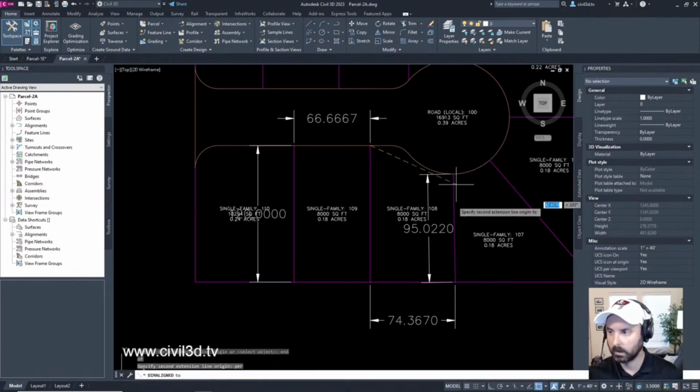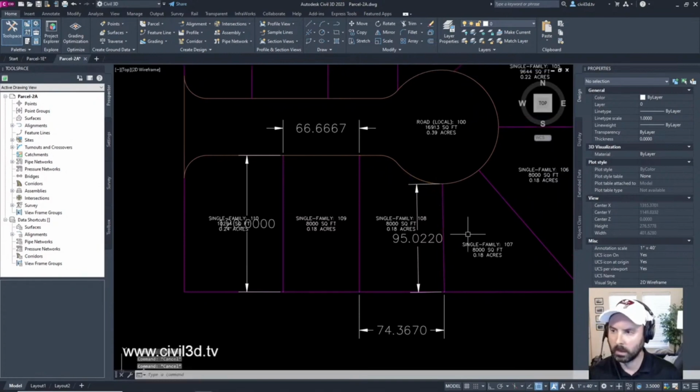Perpendicular. It won't let me do it. Well, perpendicular is this anyways.